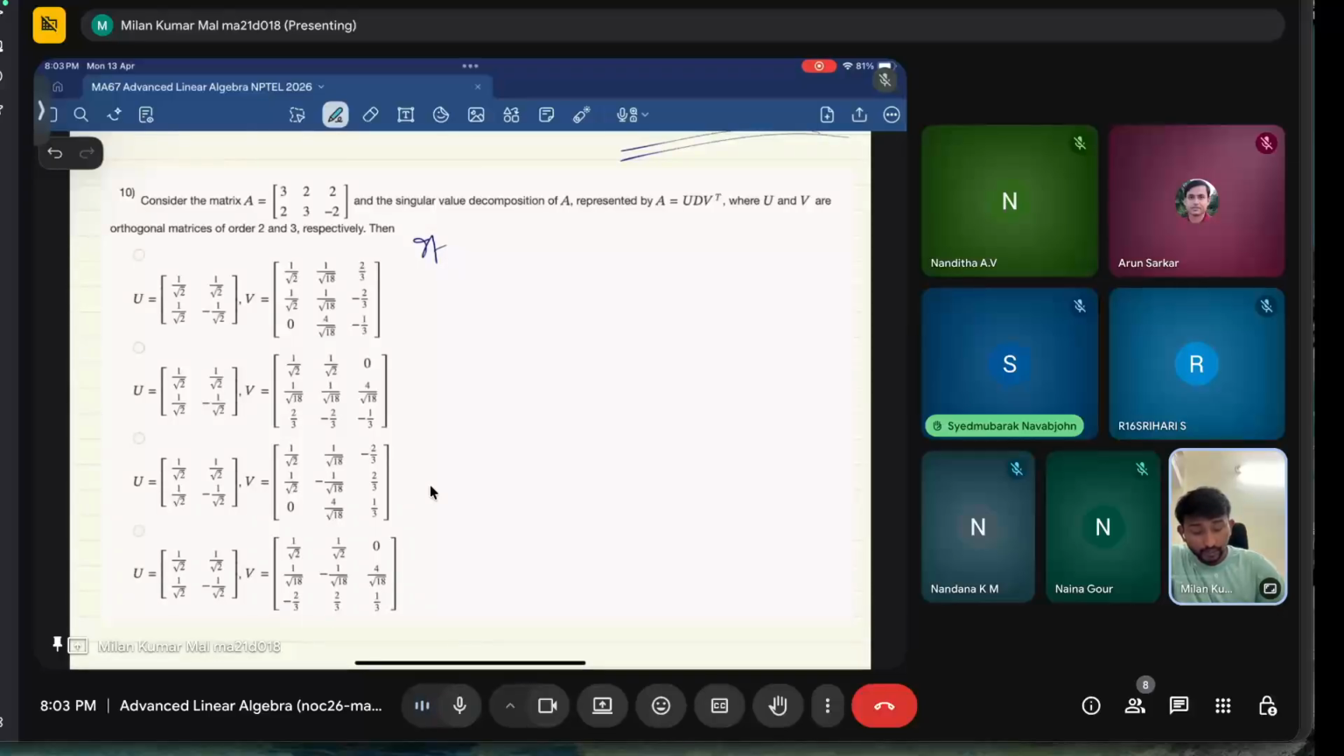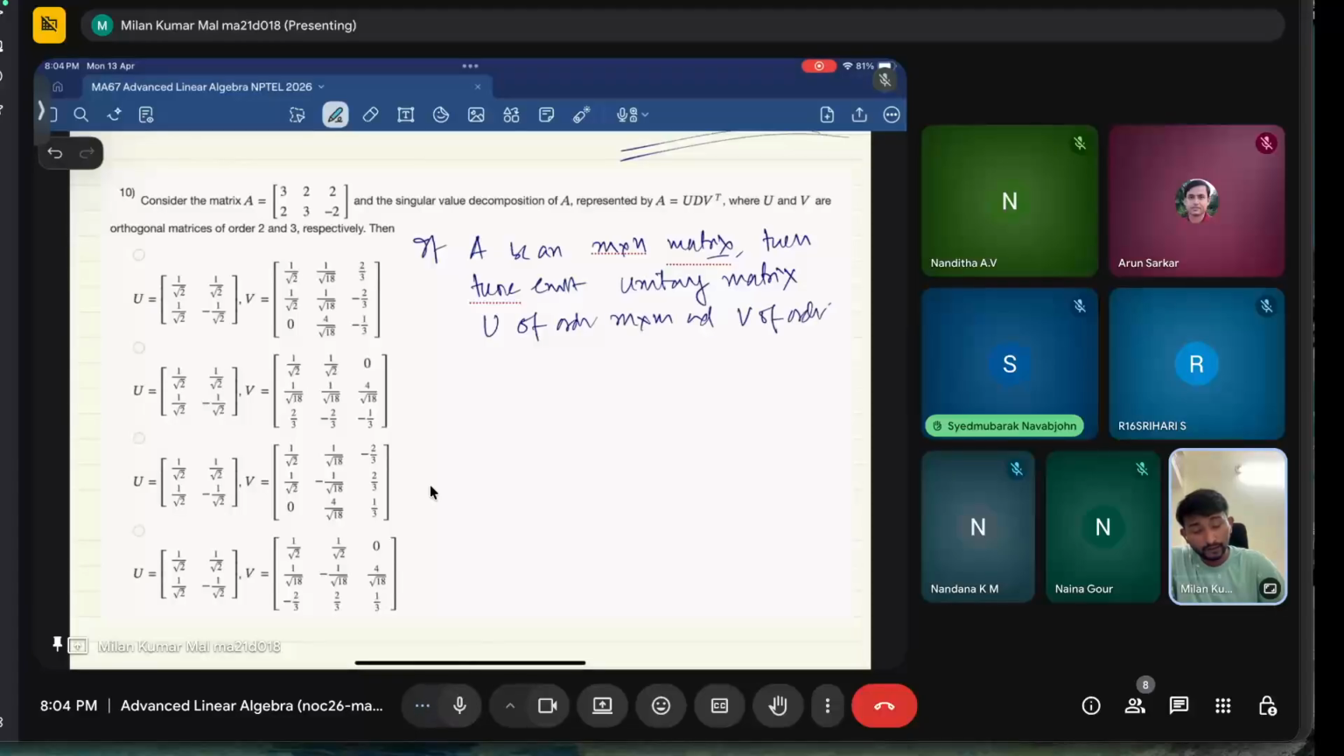If A is an m by n matrix, where m can be bigger than n or n can be bigger than m, that doesn't matter, then there exist unitary matrices. Whenever it is in the real field, this unitary matrix will be orthogonal only. A unitary matrix U of order m by m and V of order n by n, such that, and a diagonal matrix